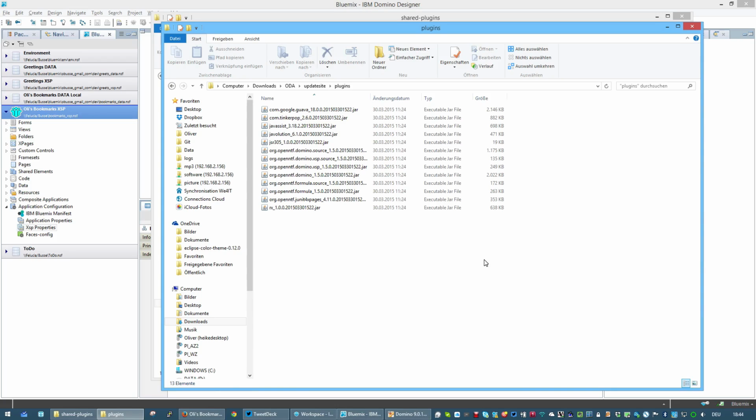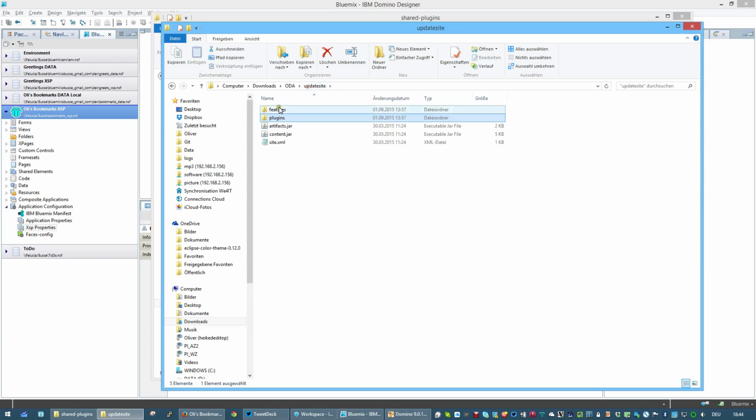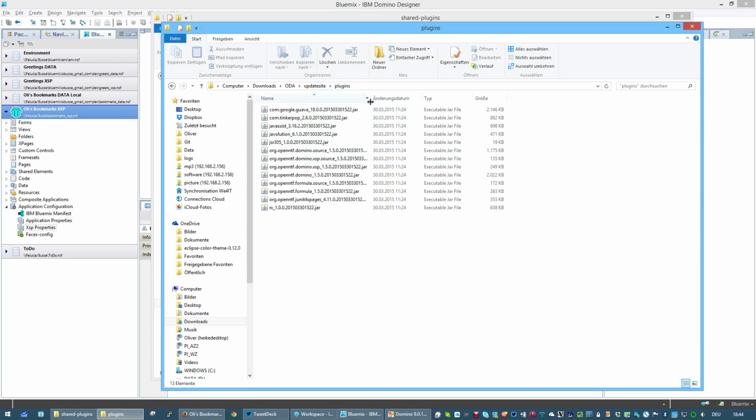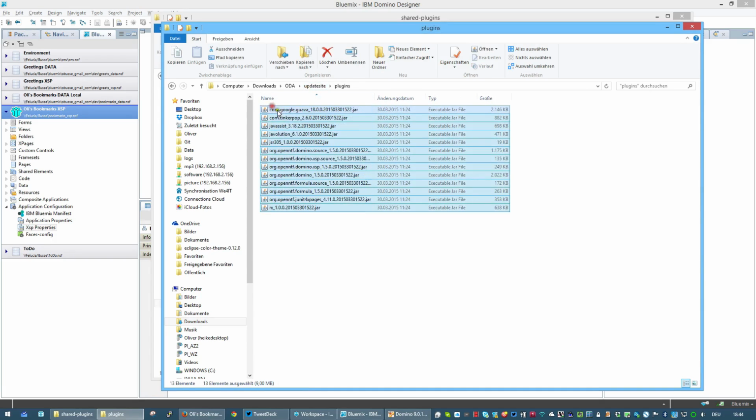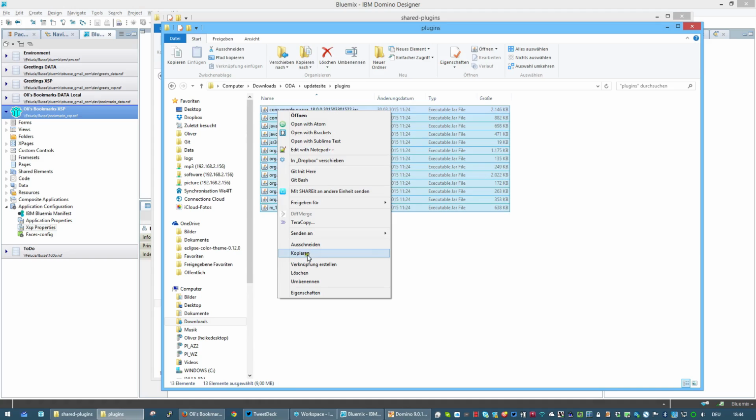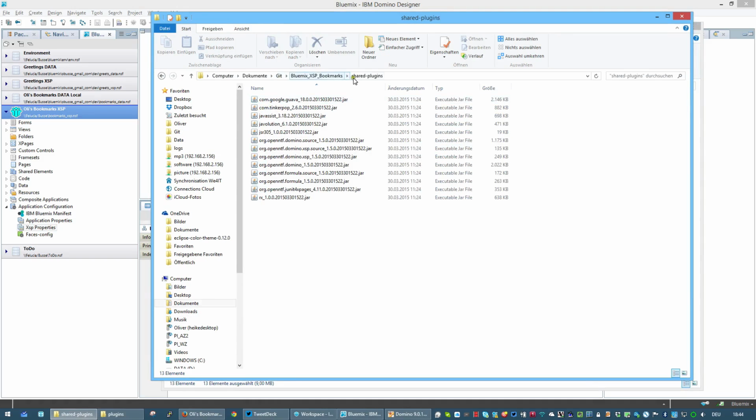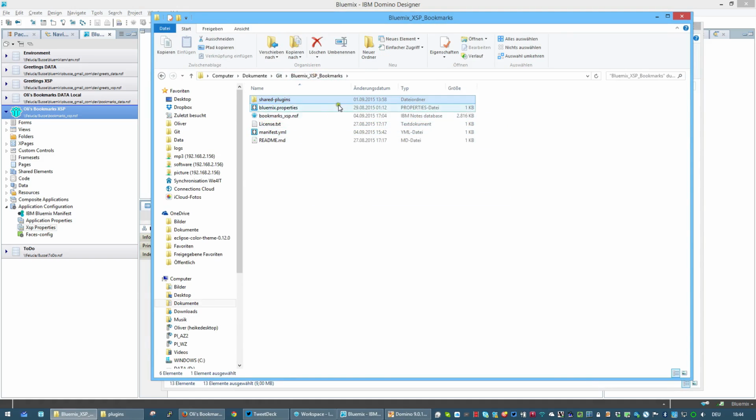Just unzip it to a folder where you want. Name it maybe like this one, update site, and you will find the structure that is shown here. The key part is the plugins folder. The features folder is not interesting. The plugins folder is interesting. So you just select all those jar files, copy them to that shared-plugins folder in your Bluemix deployment folder,